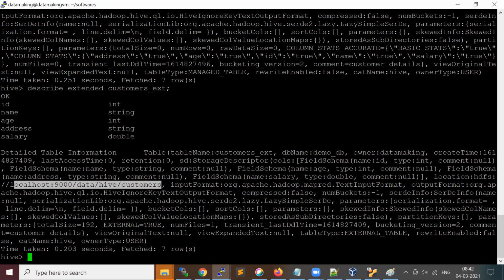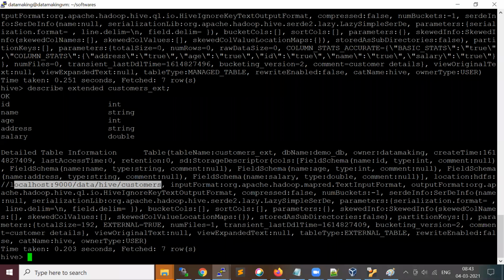Generally, think of a job which brings data from outside the cluster. There's a source which generates the files, and you are placing them into a specific HDFS directory. So you can keep that directory as your data directory, create a table and point to the directory. Whenever new data comes, you can query the data and see it. That's one way.